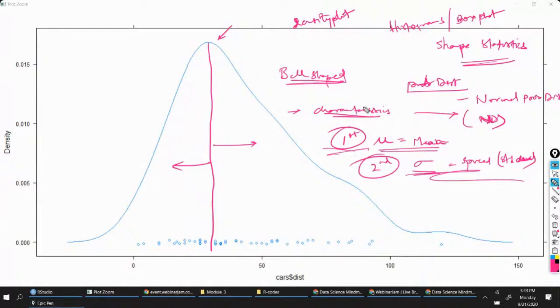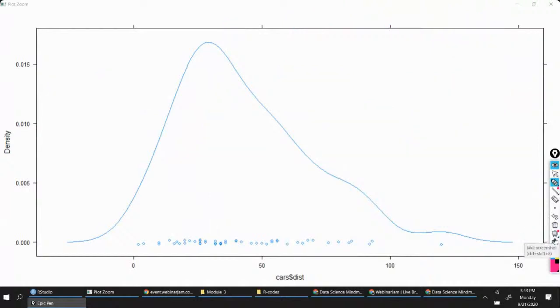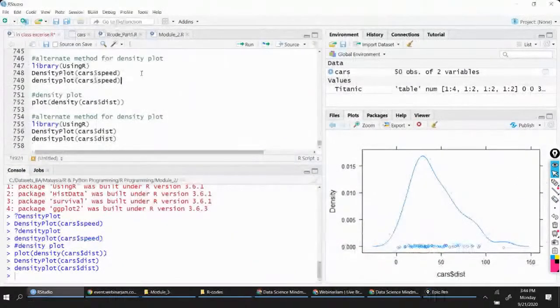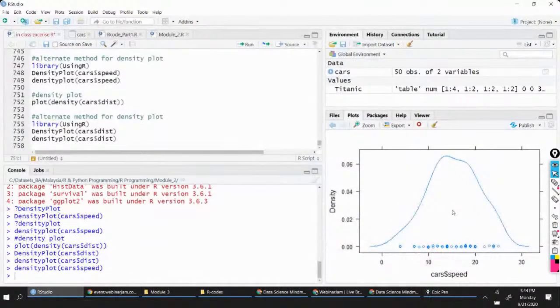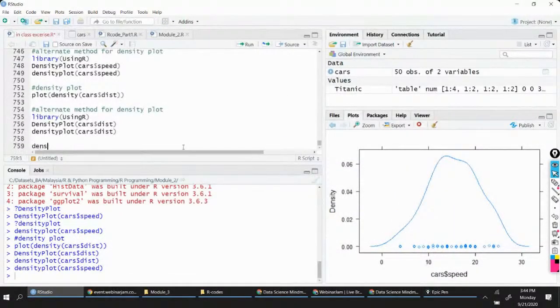So these are the two important characteristics of the distribution of the data. So we say X, if it is a random variable, then it is distributed normally using mu and sigma. This is the representation for the distribution of the data. Right? And then there are a number of different visualizations that you're seeing here, right? So if I come up with density plot of this data, it's like this. If I try and come up with density plot of